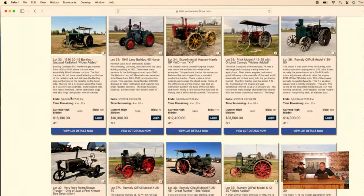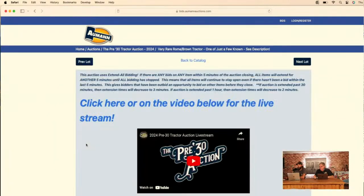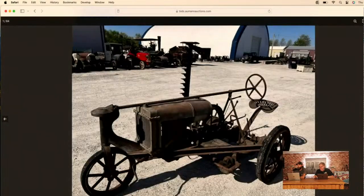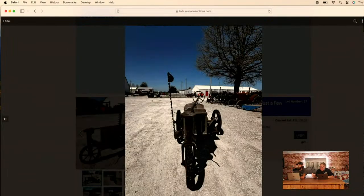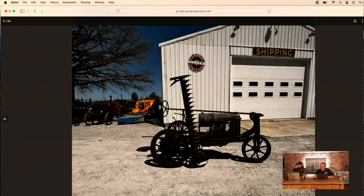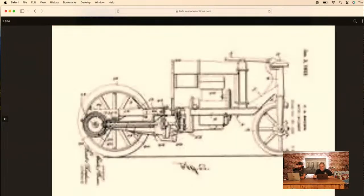Oh yeah, so that little Rome, I've actually got one of those tractors in my collection, and I've had it for quite a while, but there's very few of those known. Maybe 8. And I'm sure there's some out there that we just don't know about because it's kind of an unassuming thing. But this came in at the last minute from a collector down in Florida. An interesting story with it was he had patent papers on this, and I've done tons of research on that tractor and never found anything, but he had original patent papers, and it was invented by a guy named Charles